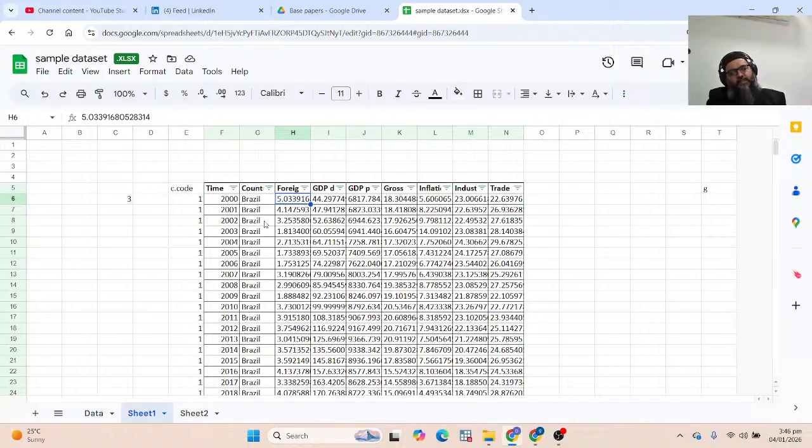What's the speed of this car which is parked in this parking area? Speed is 0. 0 speed means absence of speed. It's not moving. It's stationary. So 0 means absence. If 0 shows absence, it means it's ratio level data. You can perform all statistical operations in which ratios are given.